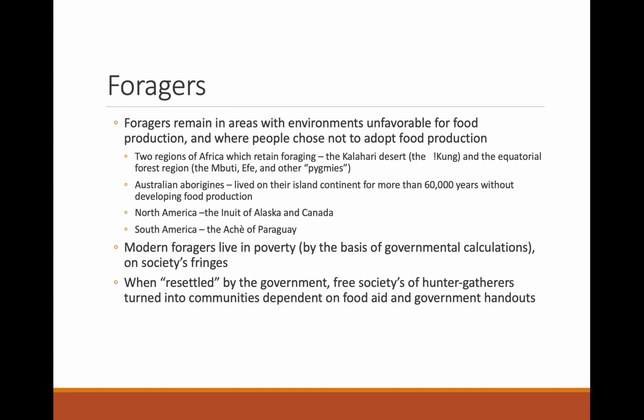That's not to say that everywhere in Canada and Alaska is not capable of being cultivated. And obviously, we're seeing some changes with climate change that may change the picture for some of these Arctic populations. But the Arctic is traditionally an area where it's really, really hard to farm.